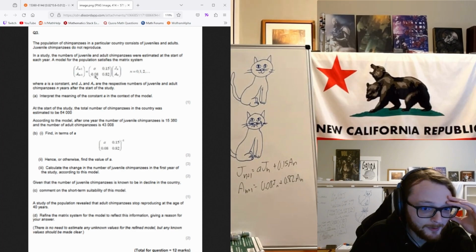Juveniles are always getting high, right? And the second row here, the 0.08 times last year's juveniles is the juveniles coming of age, I would guess. And the 0.82 is the proportion of adults that survived that year. So I guess we will take that 0.15